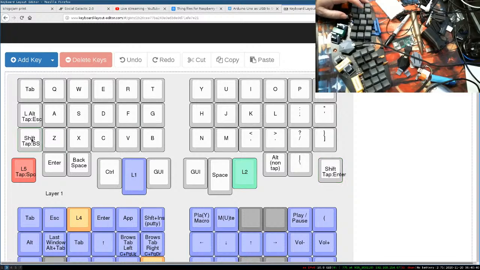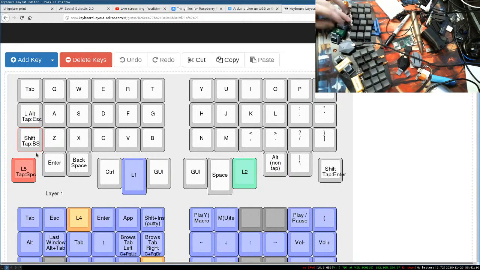Let's see. This is a feature of most of the open source firmwares, the tap keys. If you hold it down and then press another key, it becomes a modifier. But if you tap it once, it becomes a, let me see if that's set up. No, it's not set up right now. Okay, I might have changed it, but Shift plus the backspace is something that I've had for a bit. I don't use it that often, obviously,